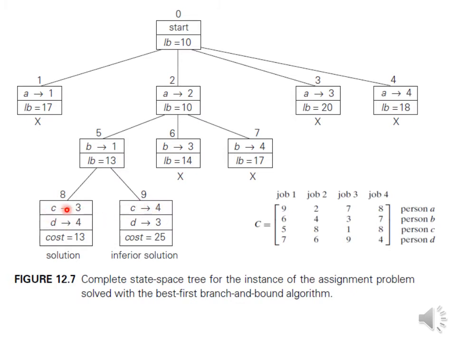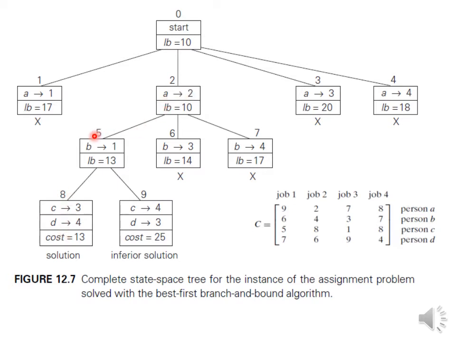Further, once C is assigned with 3, no further expansion happens here because there is no choice for D. D is just assigned with 4, that's all. Because D is the next level, we don't have the choice, so we just assign that. Similarly here, once C is assigned with 4, for D there is no other choice. Only one remaining job, that is nothing but 3. Now this forms the leaf node. Now we are not computing the lower bound, we are computing the exact feasible solution's cost, because all 4 assignments are done.